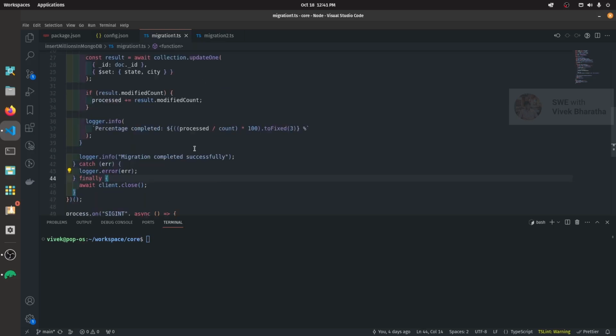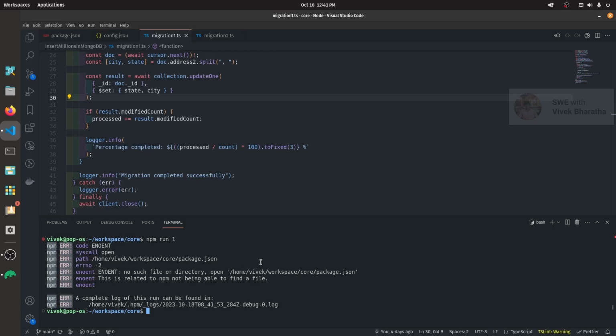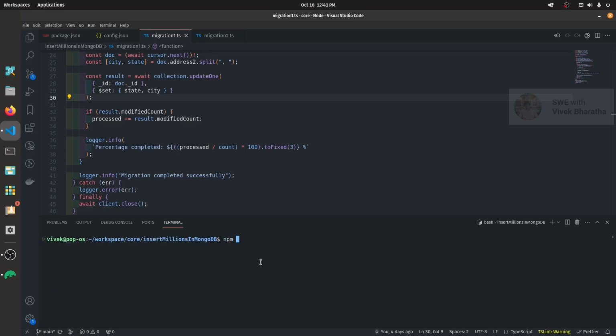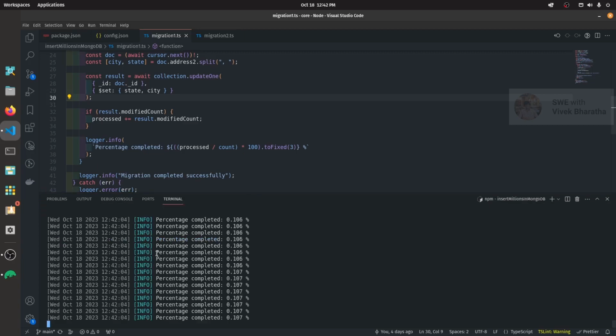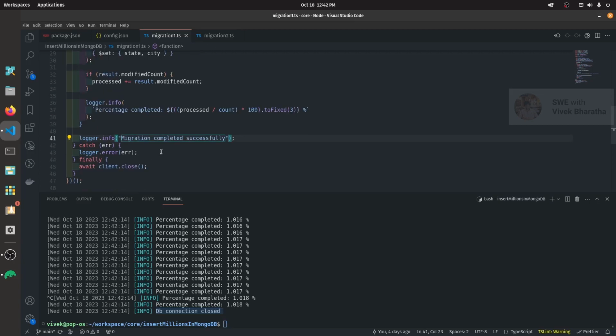Okay, so that's pretty much it for the first migration. Let me run this specific migration one file. Oh wait, sorry, I need to go into that specific folder and run npm run one. As you can see, it's starting, and as it runs for each and every record, the progress is at 0.4% and so on. You can imagine it's going to take its sweet time to run. So I'm closing it, and as you can see, the DB connection closed message is printed, which is handled on the process